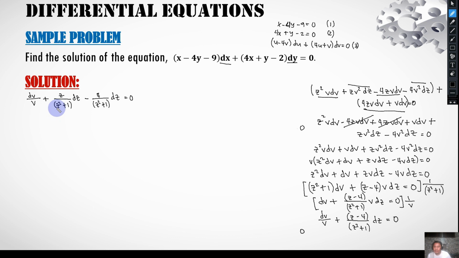If we let u equal z squared plus 1, then du is equal to 2z dz. So when we substitute, this z will cancel out. And for the other term, students,